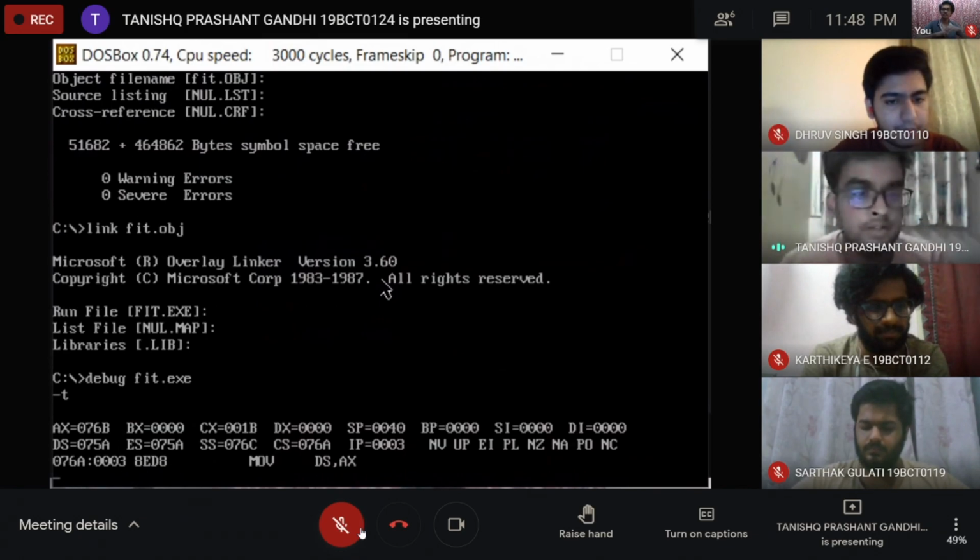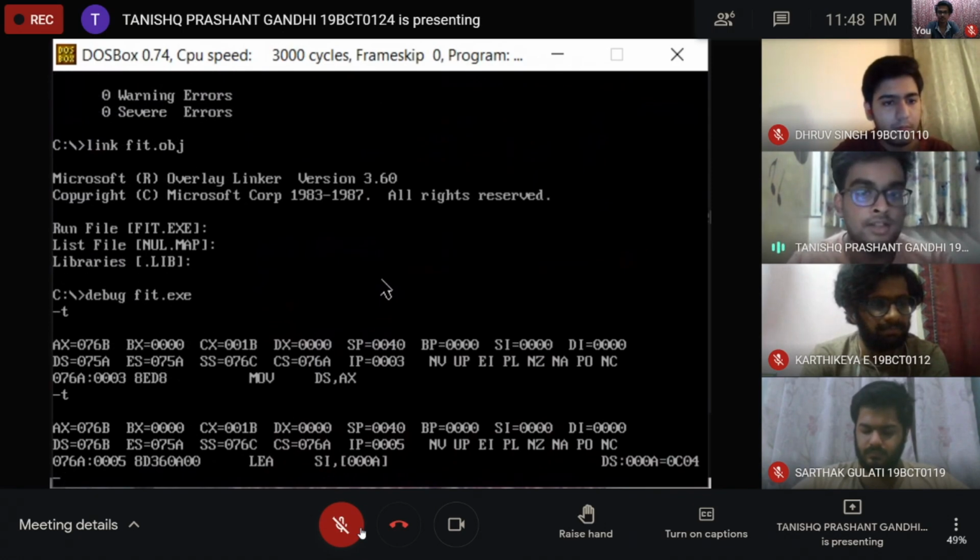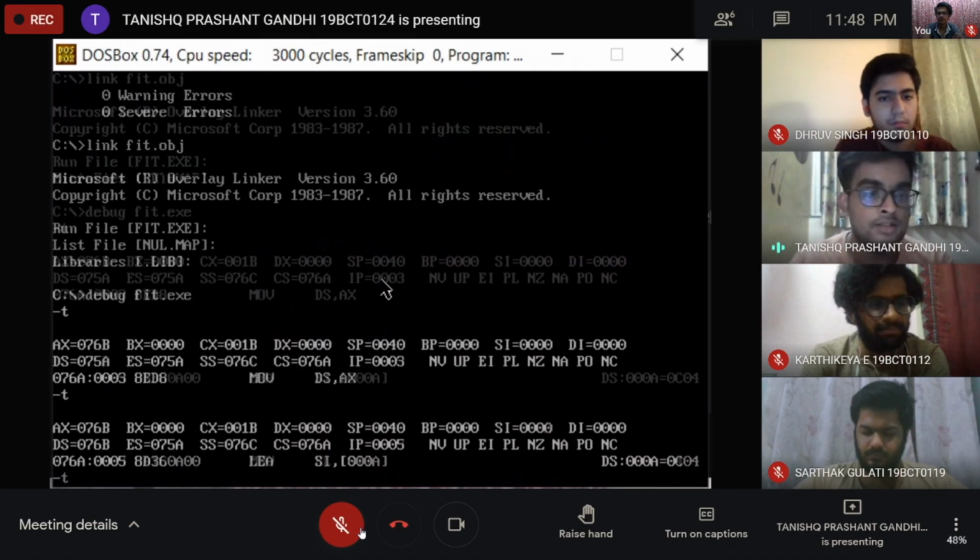When we first trace the code, it starts with MOV DS, AX. Our AX now contains 076B. When we trace this time, DS gets changed to 076B. Now we are loading the immediate address 000A into the index register.